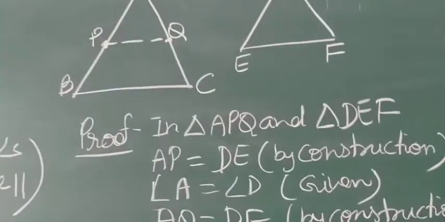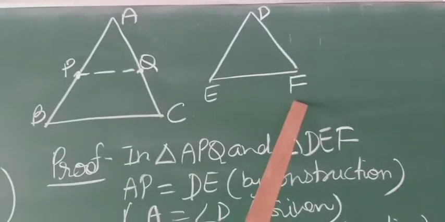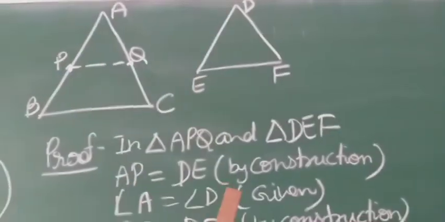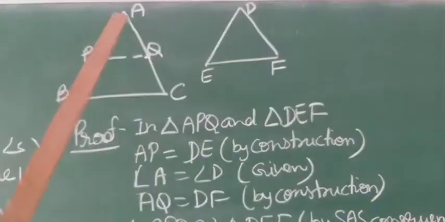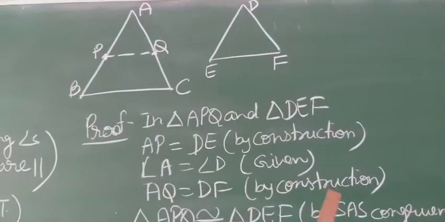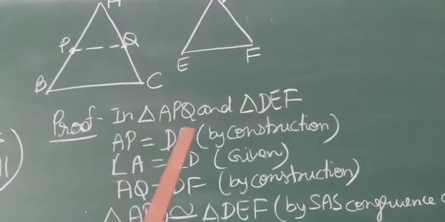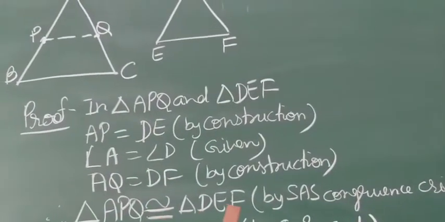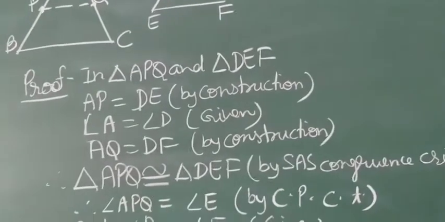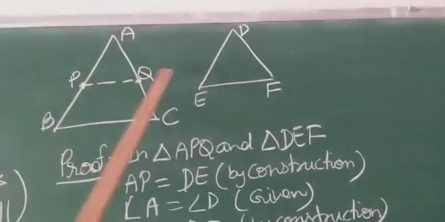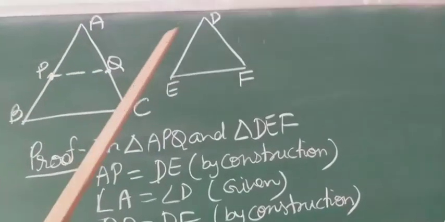Now students, in triangle APQ and triangle DEF, AP equals DE by construction. Angle A equals angle D, given to us. AQ equals DF by construction. Side angle side, we can say triangle APQ congruent to triangle DEF by SAS congruency criterion. When both triangles are congruent, then angle APQ equals angle DEF